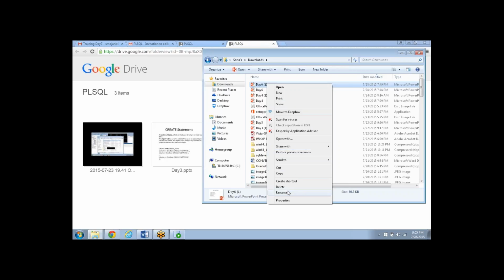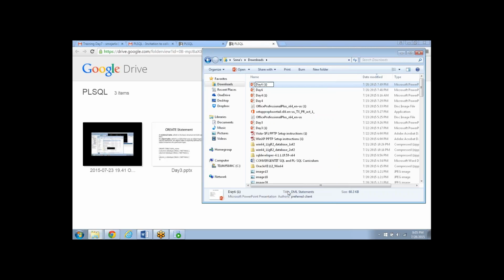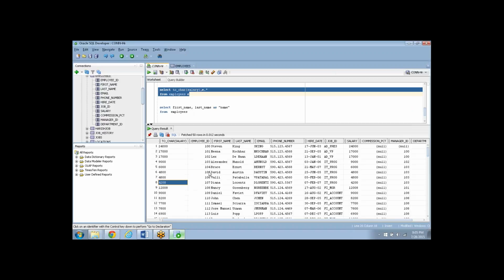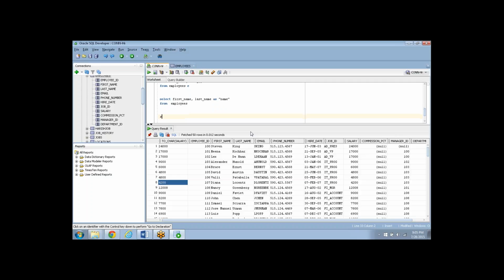Actually, I had a question: in the same query, can I retrieve data from one table and insert it into another table? Yes, you can do that. I haven't covered that so far, I thought it was too much for you guys. Yes, you can retrieve data from a table and load another table. Suppose we have